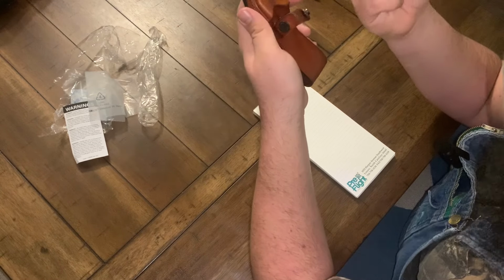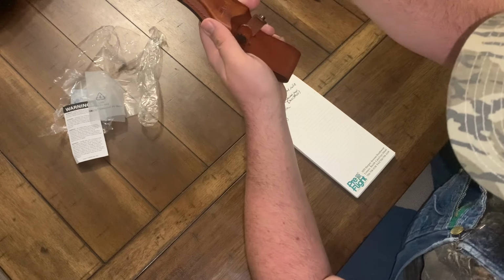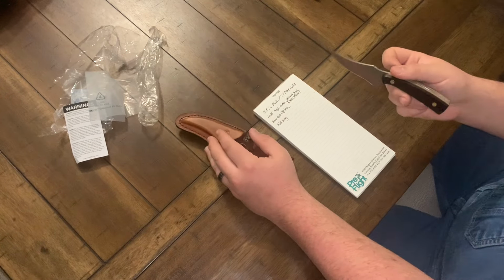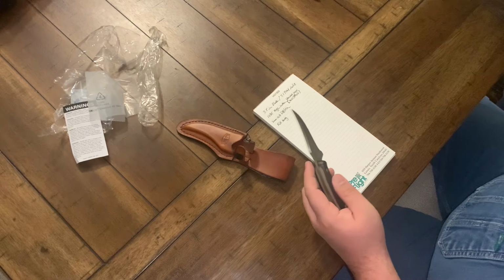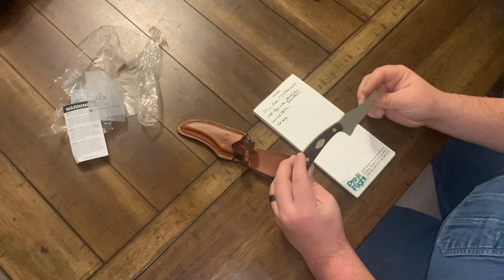They go in to stay sharp, come out to clean a deer, get clean, then I wash the knife and stick it back in the sheath solely so I can keep from beating that edge up. For $25,